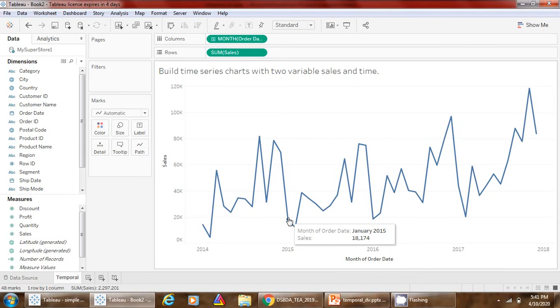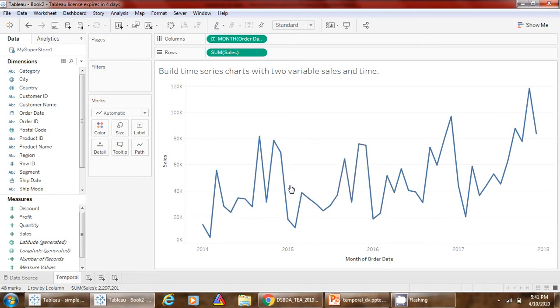This chart is more insightful as it allows us to see the sales fluctuation across the various months and years. This is also useful to find out seasonality and trend components of time series data.